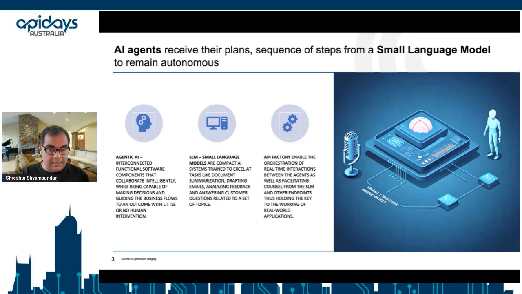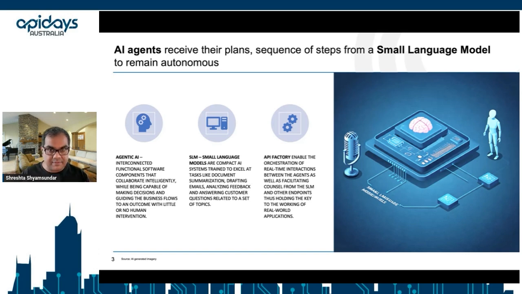Now, making the transit between these agents and the language model is the API factory. So the API factory in this particular context understands the plan in terms of completing the process, understands what are the set of agents that it needs to invoke in what order in order to deliver value. And it also makes sure that if there are any peripheral components in terms of source systems, it's able to get information from them, populate information into them, all of that being facilitated by this construct of API factory.